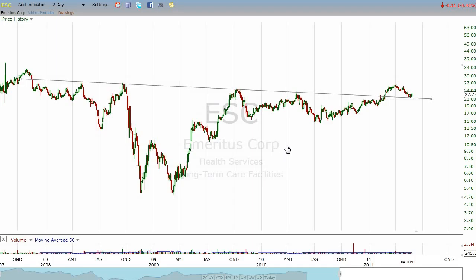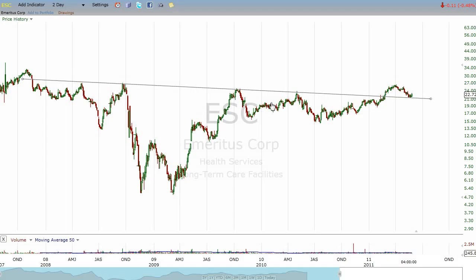Let's say you had Emeritus and you bought this at $12, and it ran on up here to what is that? Low 20s, and you said, man, this thing's going to just keep on going. Well, all of a sudden, no, it didn't. It sold off over a number of weeks, and you're going, well, I'm not really willing to sell here. And then it sells back down, and you're going, God, why didn't I sell when this thing was in the 20s? And then it starts to come back, gets back up to the lower 20s. Not quite where it was before, but you say, now's my chance.